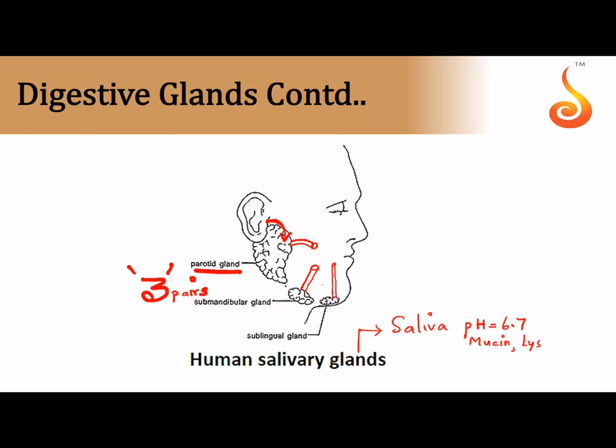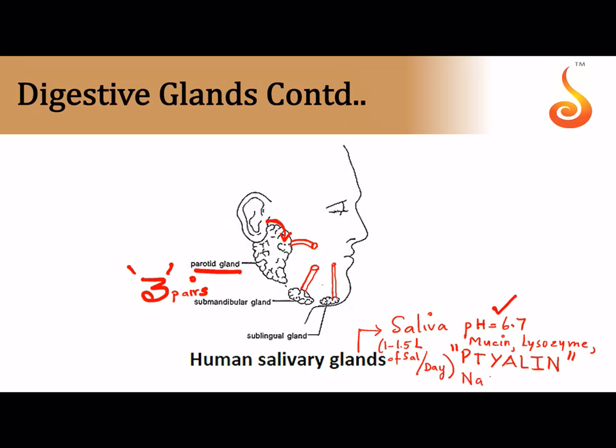It has lysozyme, which is an antibacterial enzyme, and most importantly it has an enzyme that is required for starch digestion. It is called ptyalin or salivary amylase, and usually we produce about 1 to 1.5 liters of saliva per day. So remember that the volume of saliva produced per day is about 1 to 1.5 liters, that is 1000 to 1500 ml, pH, and then mucin, lysozyme and ptyalin,